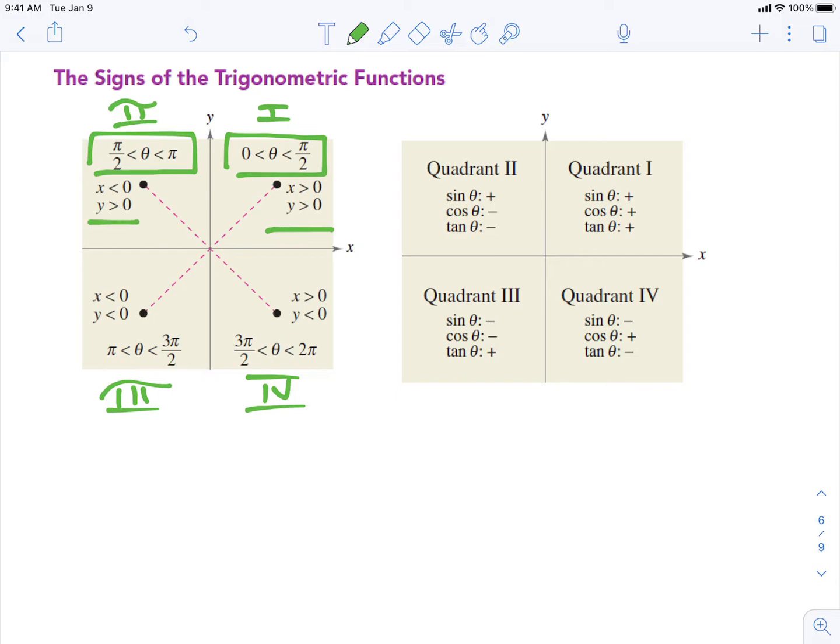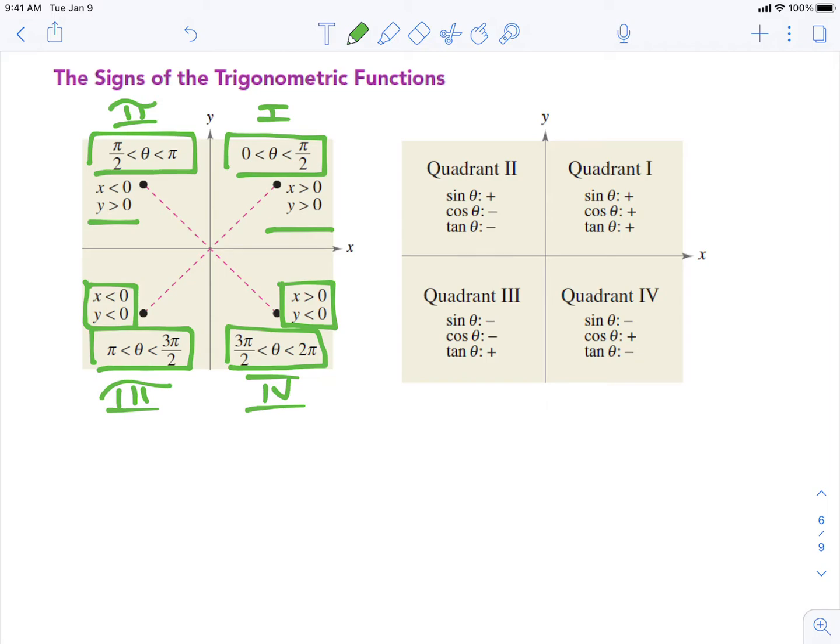They have a negative x value and then a positive y. Quadrant 3, the angles are between pi and 3 pi over 2. Both the x and the y are negative. And then the last quadrant, from 3 pi over 2 to 2 pi, the x is positive and the y is negative. Now looking at the second graph, there are the four quadrants, and notice that the sine is positive,